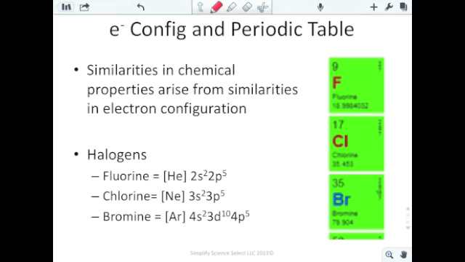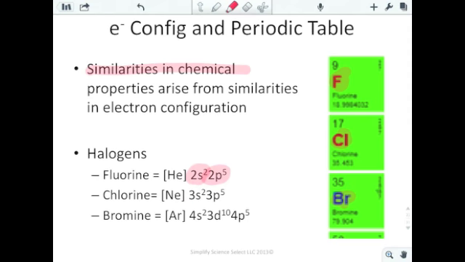Now, looking at our electron configuration and bringing it back to our periodic table, we use the periodic table a lot to find electron configuration. But the one thing we should see is that similarities in chemical properties arise from similarities in electron configuration. If we look at the halogens, we have fluorine, chlorine, and bromine. In fluorine's electron configuration, the last part is 2s2, 2p5. And chlorine right below it has 3s2,